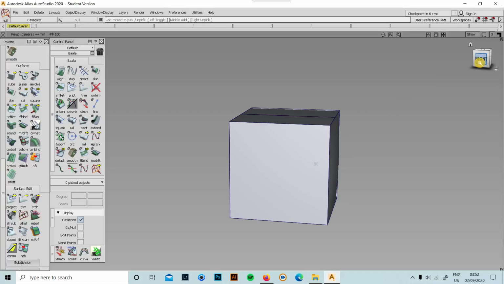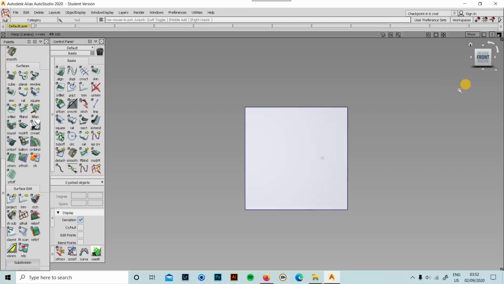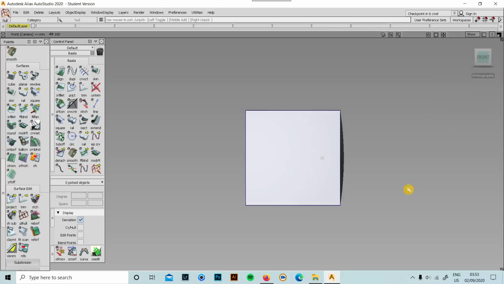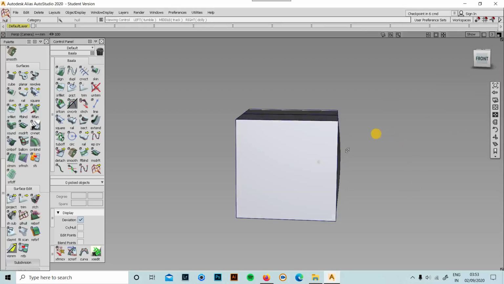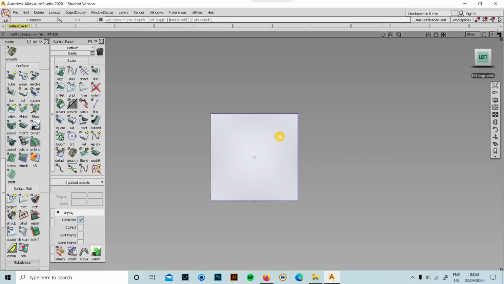It's nothing but if I click it, I will get the orthographic view, since we have the faces. So you can do the orthographic view or perspective. Perspective view is nothing but it shows you the perspective view. So I keep perspective with orthographic face. Perspective is like when I move the cube in isometric view, and we'll get all the views easily to move it.